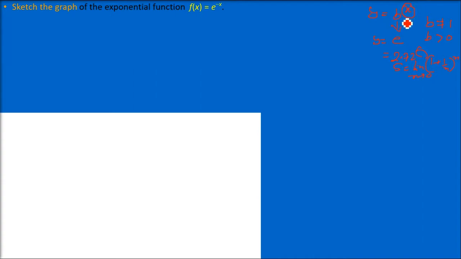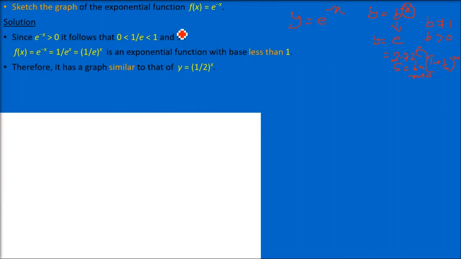Now all the values which can be placed in x are the domain. All the values which y gets are the range. Now we are taking e to the power minus x. You can assume it to be e to the power minus 1. So e to the power minus x is 1 by e to the power x. So this value is 1 by 2.72.